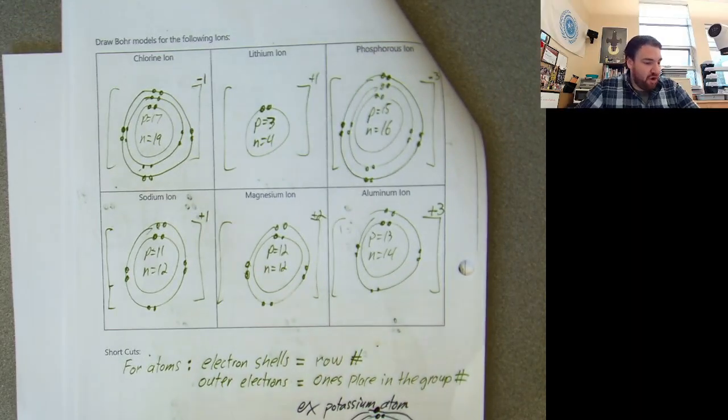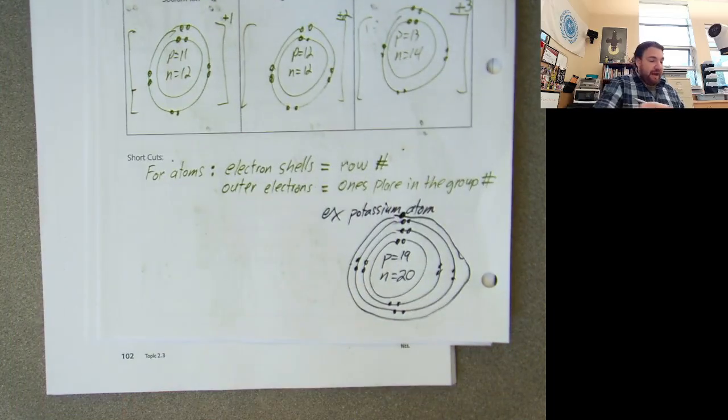Take a look at all 6 of these pictures, these Bohr diagrams that I drew. What is interesting about all 6 of these diagrams? Yeah, Jihad. All of them are full. Interesting. The ones that are positive lost electrons to become full. The ones that are negative gained electrons to become full, but they're all full. So maybe there's something to it, right? So a part of the shortcut for ions,